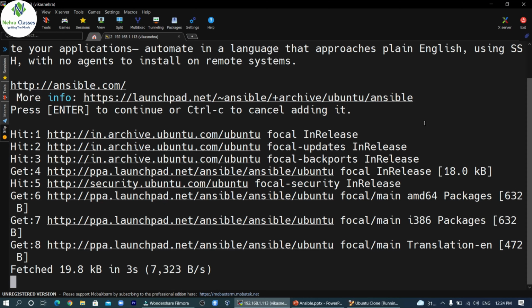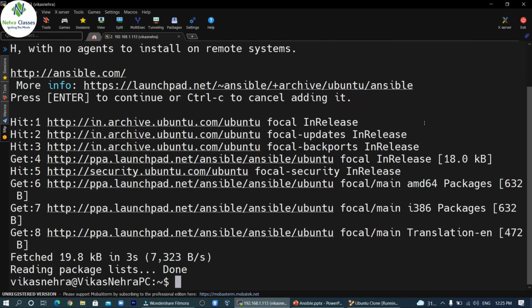So you can see that it is adding the Ansible repositories, and again this process will take some time, so you need to keep patience here. The repositories have been added.